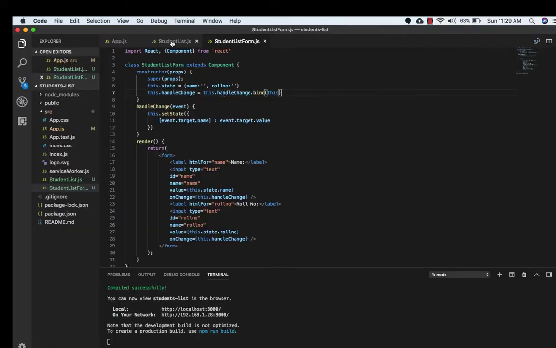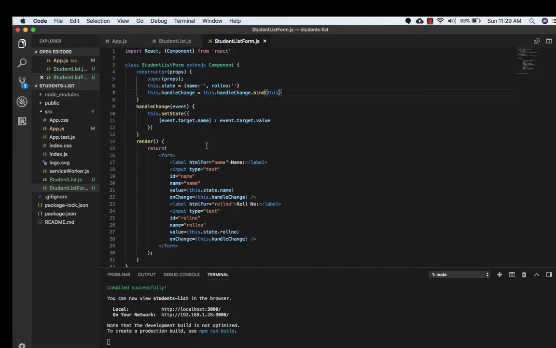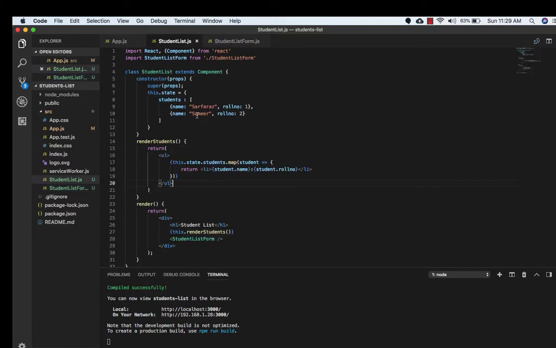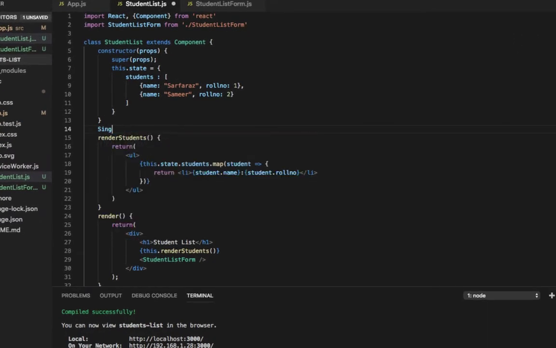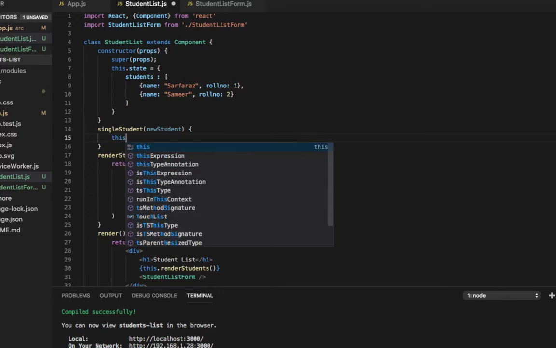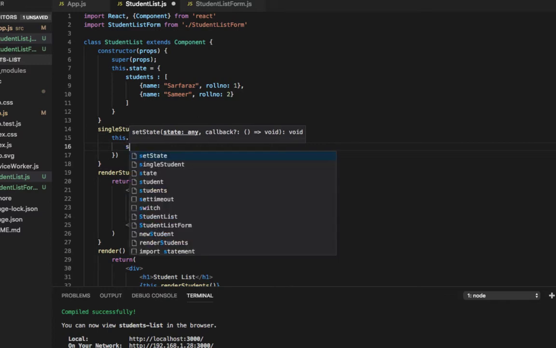Here in the StudentList, we need to define our method that will actually add a new student to the students in the state. And then we will pass that method down to the StudentListForm. The only difference is that we are going to call it with the state from this form. So let's first define the method up in the StudentList. Let's call it singleStudent, and inside we'll take an argument newStudent, and here we need to write this.setState,